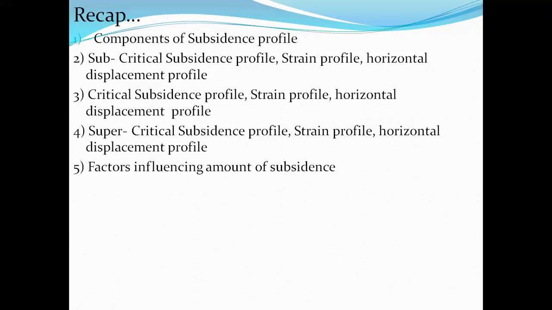We also discussed the supercritical width of extraction, and how the subsidence profile changes in that case. In case of supercritical width of extraction, it will cut the surface over an area. That's nothing but the lines joining the edges of the opening will meet above the surface, so it will cut the surface profile up to a certain extent. In that entire area, the subsidence will be maximum. That is, in this kind of scenario, the maximum amount of subsidence will occur at more than one location or over a given area.